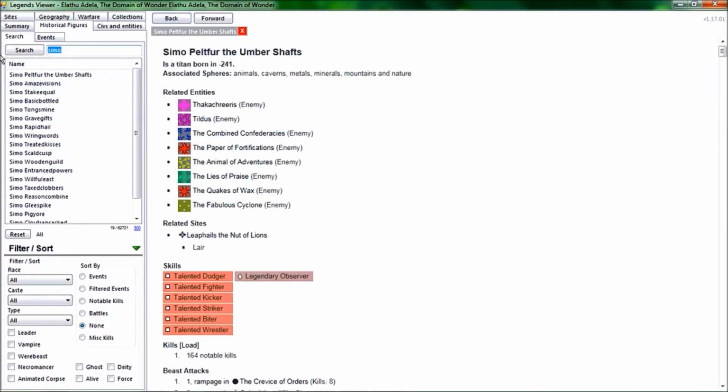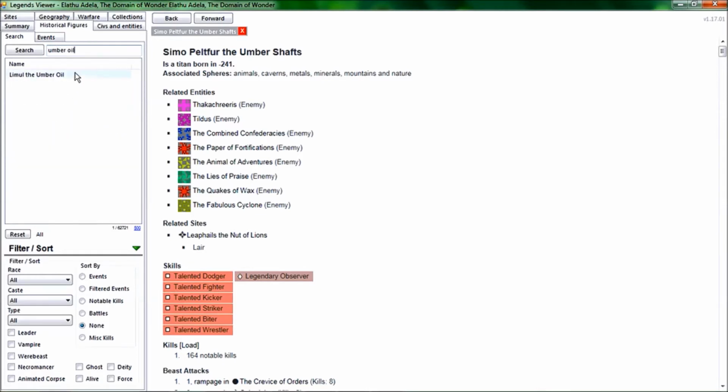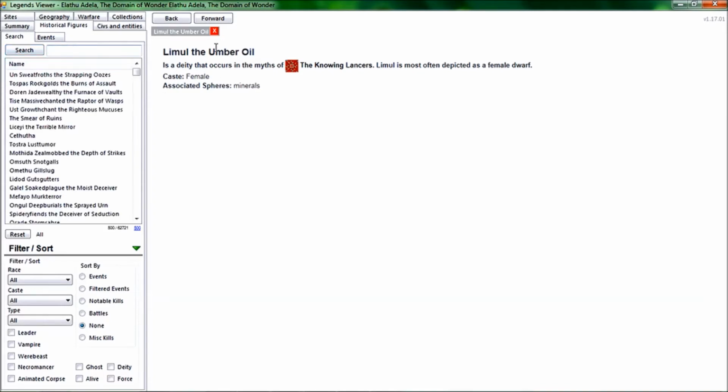Let's go for Umber Oil. Umber Oil will get less kind of detail. Female minerals. Depicted as female dwarf. That's it. Very, very brisk. There wasn't any occurrences, there weren't any events given in the name of Umber Oil, just stuff happened, which is